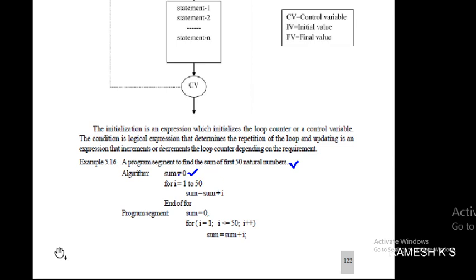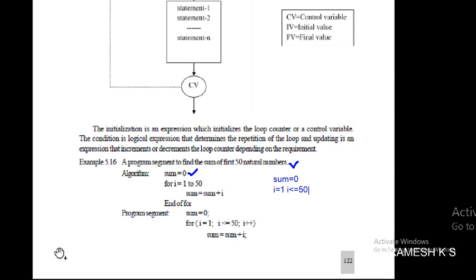First I am initializing sum is equal to 0. For I is equal to 1 to n, where n is 50 here, the I value starts at 1, and we check I less than or equal to n.